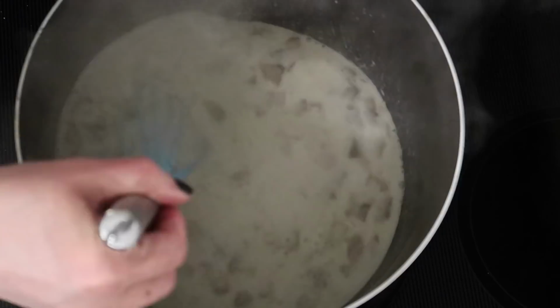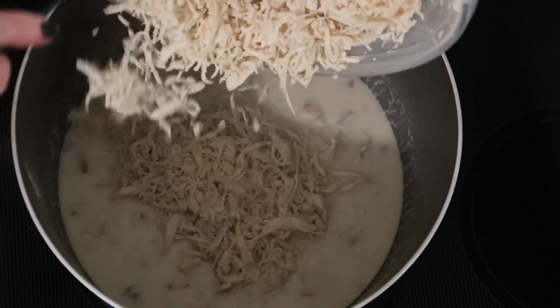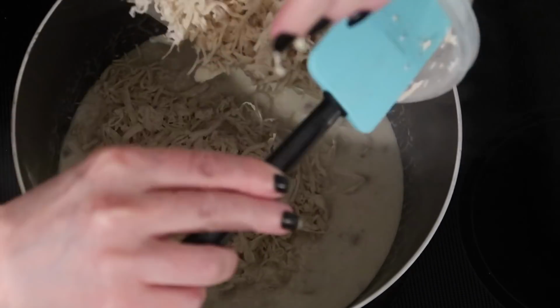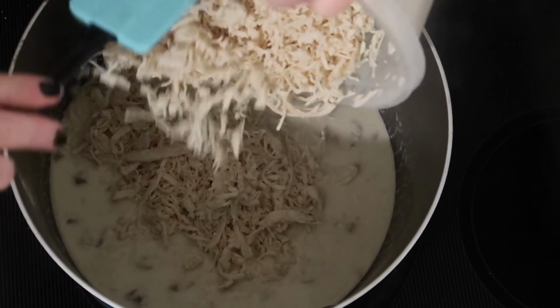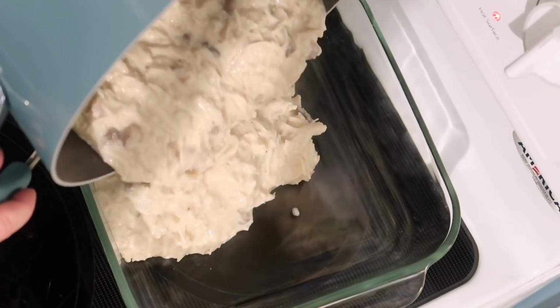And then I let it cook for another 5 minutes, and then I am adding in 3 cups of shredded chicken. I always just do a couple chicken breast in the Instant Pot and then shred it with a handheld mixer, and I'm mixing that in really well. Now we're cooking this in an 8x8 baking dish. I just poured it straight from the pot in there, and we're gonna stick it to the side while we